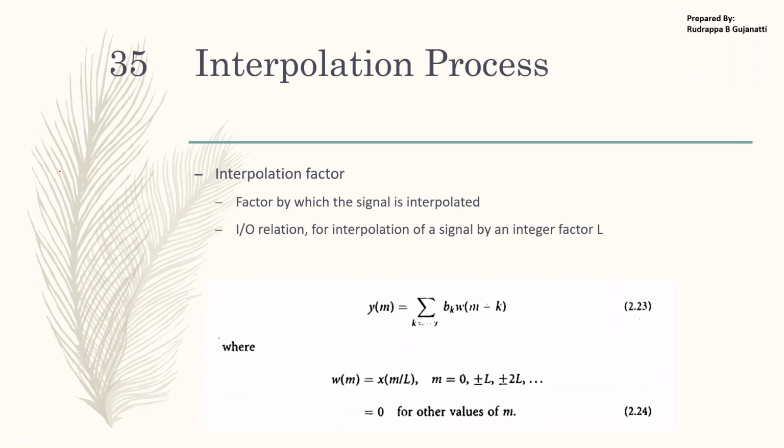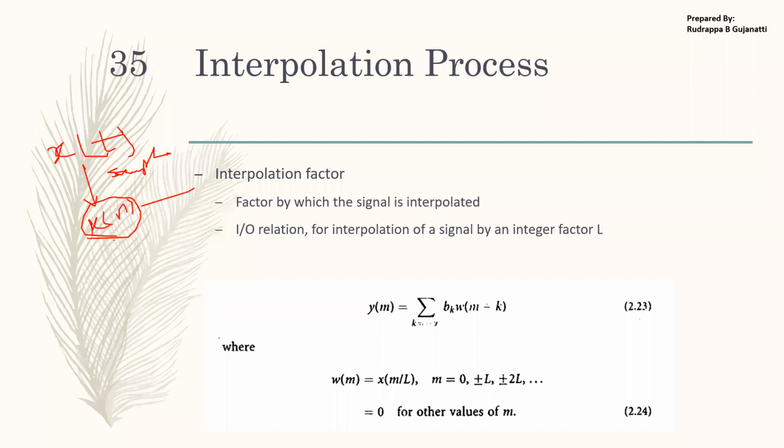Now here, first thing to remember, I have a signal x of t. I'll sample this. When I sample this, I'll be getting some samples over there. Now what I do is I do the reverse as compared to decimation. In decimation, we took this sampled signal, we passed it through a filter and then obtained the decimated sequence. But now we do not do it in this form. We do it the other way.